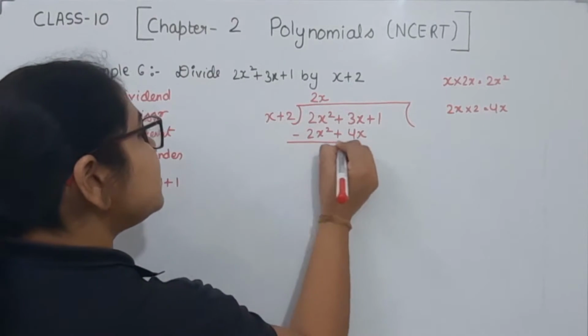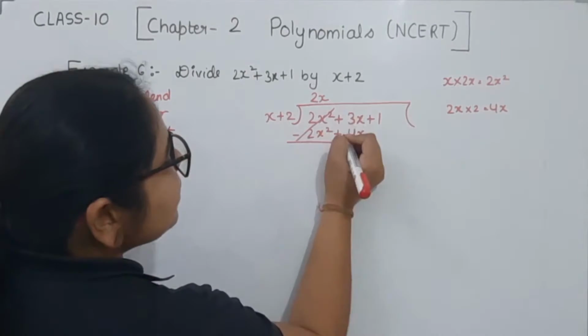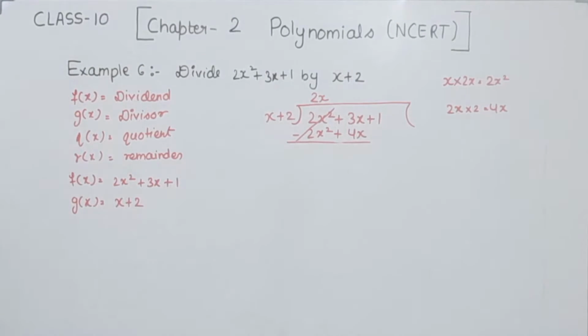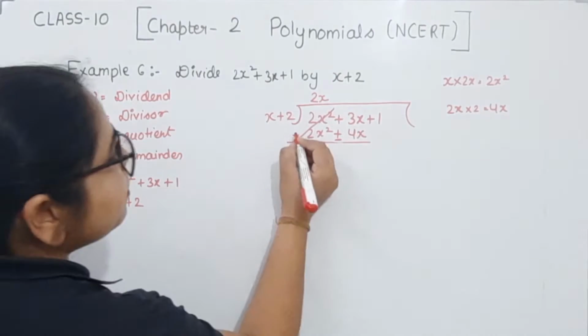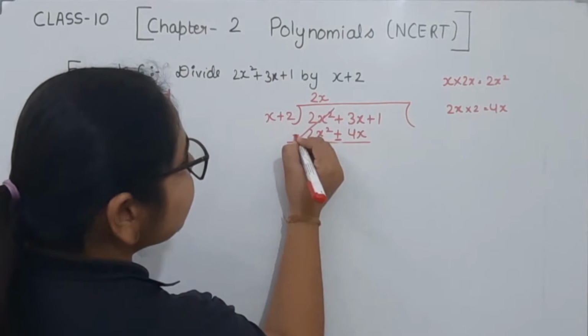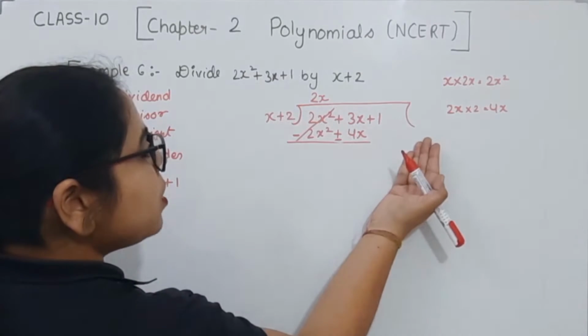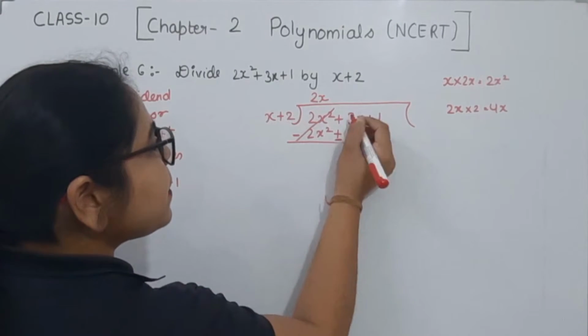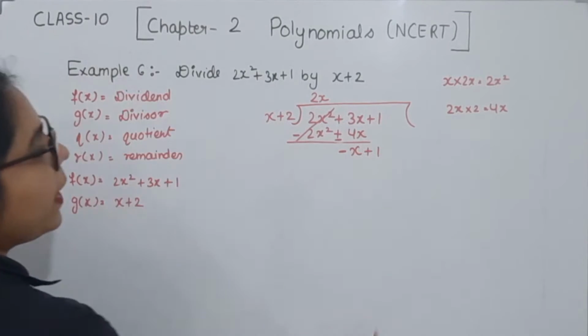Now I am going to subtract this one. So plus minus minus, this one is cancelled. Now this one we are having is the 3, and in the denominator we are having the 4 here. So we have to subtract this one. I am going to change the sign here, because this one is subtracting. If I put a negative sign here, then the sign inside will also change. So this one we are having negative. Now plus minus minus will have minus x. Now we are having plus 1.